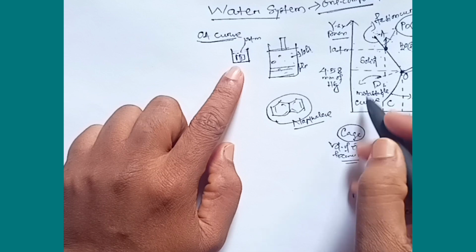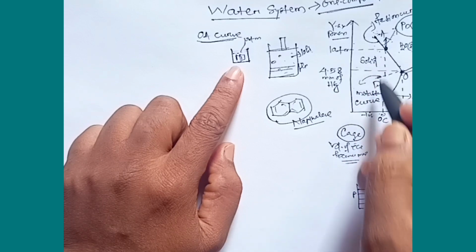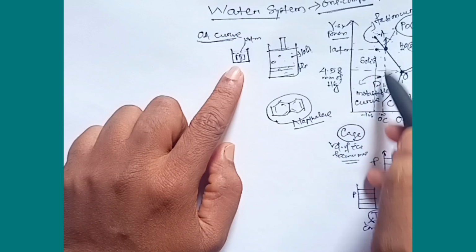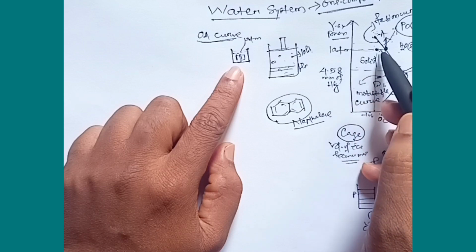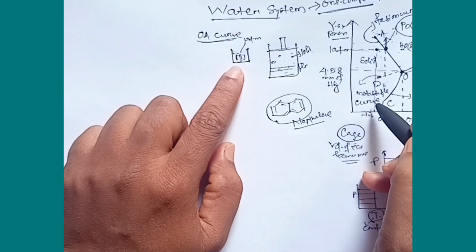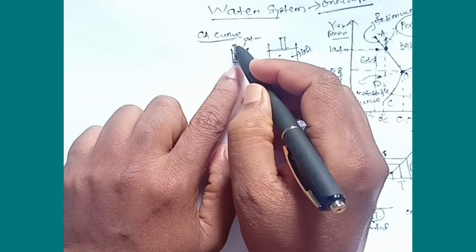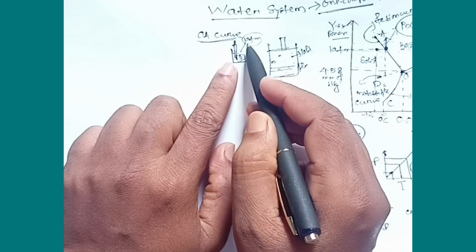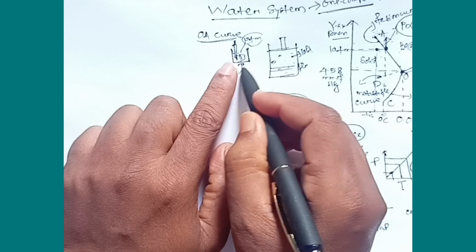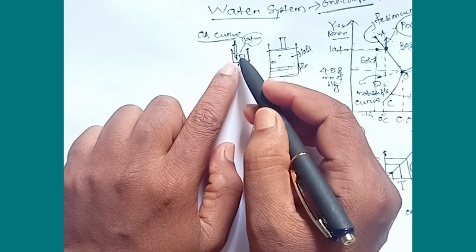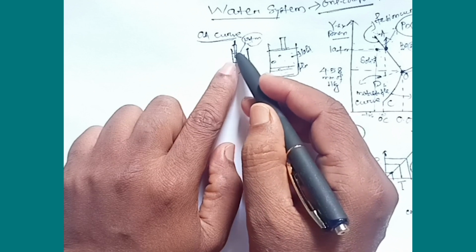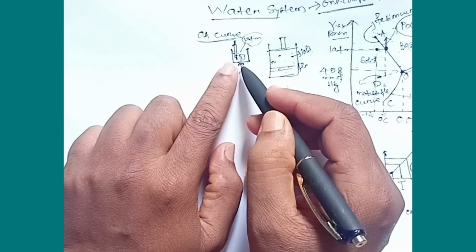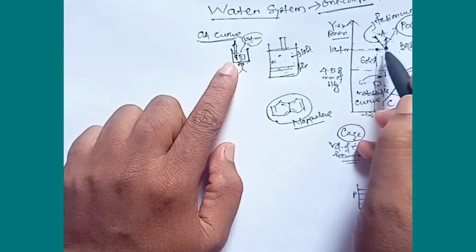For instance, now the ice is at minus 10 degree centigrade and 1 atm pressure. Now if I am increasing the heat slowly, I have put one thermometer here, and I am observing the temperature. The temperature in the thermometer is continuously increasing. But when the thermometer reaches 0 degree centigrade,